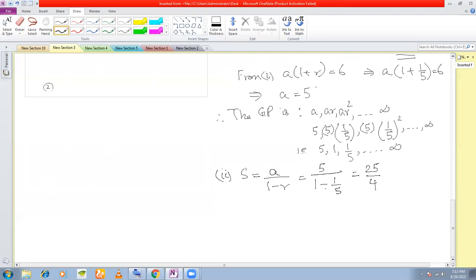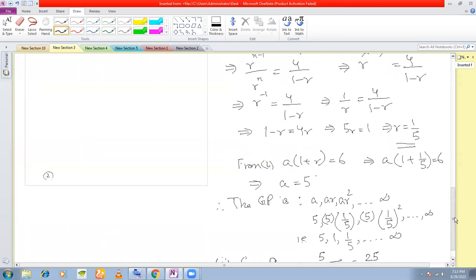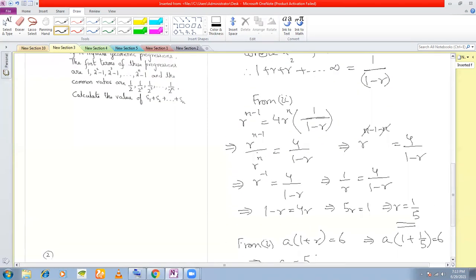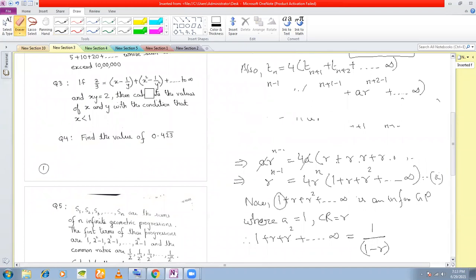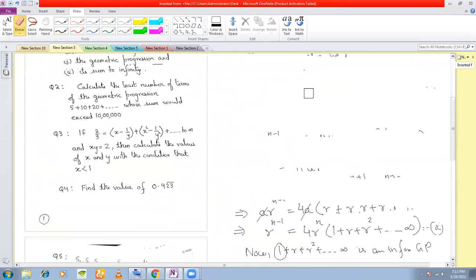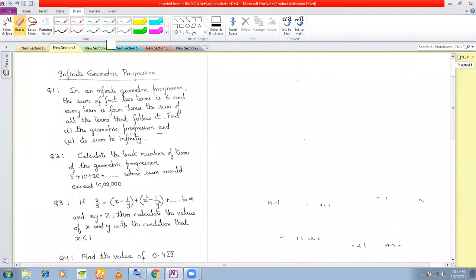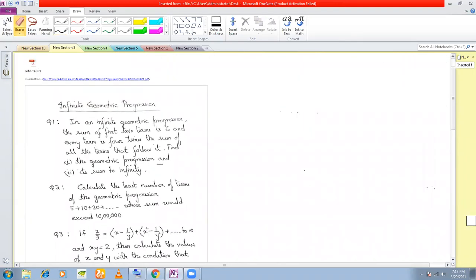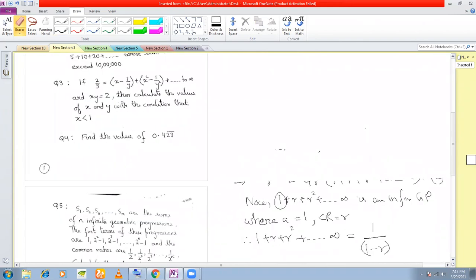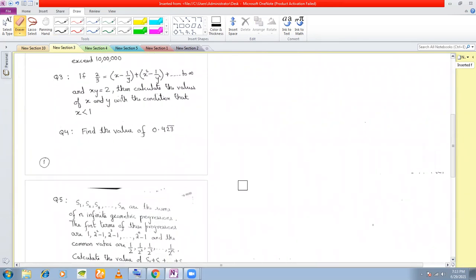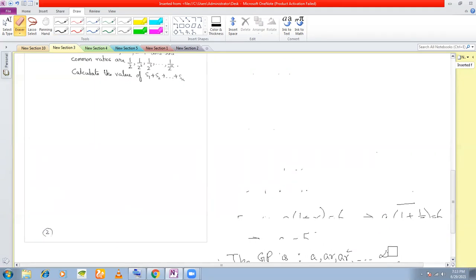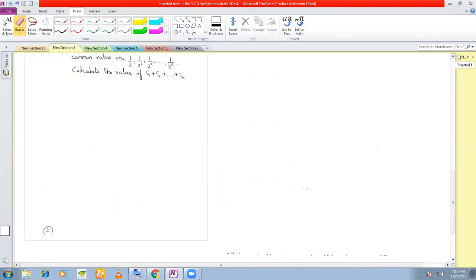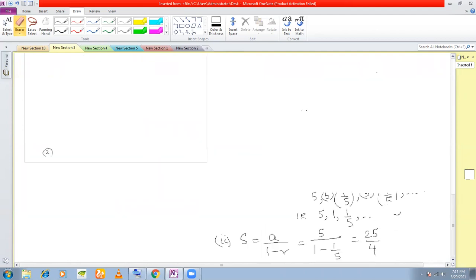Okay. Is this clear? Yes. Yes, sir. At least the calculation part. Go through these sums once again. I know this is a little fast, but we have no other option. Write it, go through these sums, go through the results, learn up the formula. This is nothing. If you know simplification, if you know the formulas, you'll be able to do it. Just because this is the start, you are finding it a little tough.